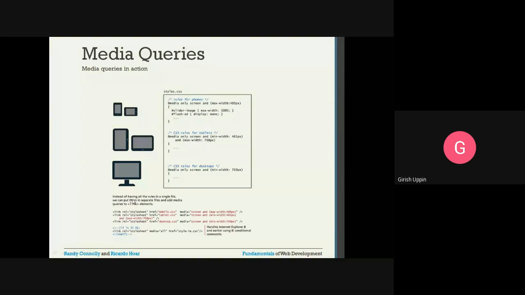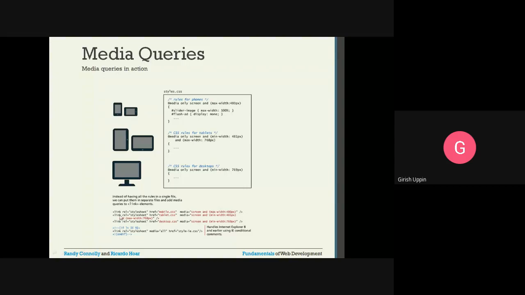Okay, instead of having all the rules in a single file, now you can see all these rules are specified in only one file, and this CSS file is linked to the HTML document. Instead of having it in one file, we can put them in separate files, and we can add the media queries in the link elements. How to do that?